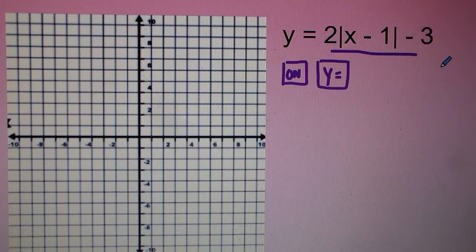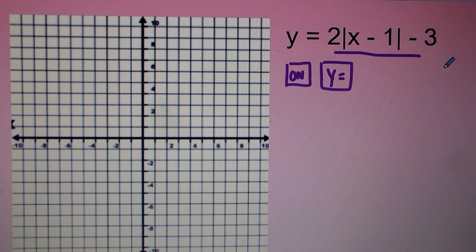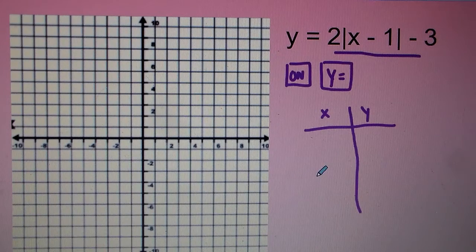So you could see our vertex is going to be 1, negative 3. But just to confirm, you hit second graph and you could get a table. So you could go to x at 1, and you see that's the smallest value in our y1. So with that table being brought up, it actually just gives us the table, so we don't have to plug in every single one in that long process. So once you're able to identify the vertex, which is 1, negative 3,